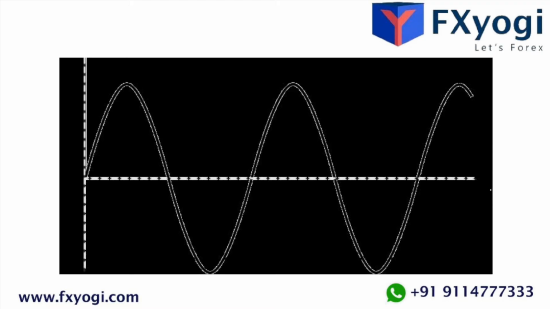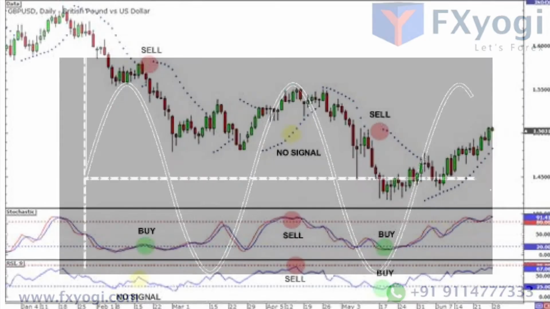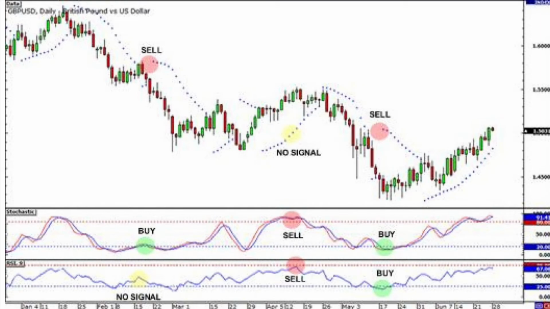The Williams percentage R, stochastic, parabolic SAR, and relative strength index RSI are all oscillators. Oscillators work under the premise that as momentum begins to slow, few buyers, if in an uptrend, or few sellers, if in a downtrend, are willing to trade at the current price. A change in momentum is often a signal that the current trend is weakening. Each of these indicators is designed to signal a possible trend reversal where the previous trend has run its course and the price is ready to change direction.